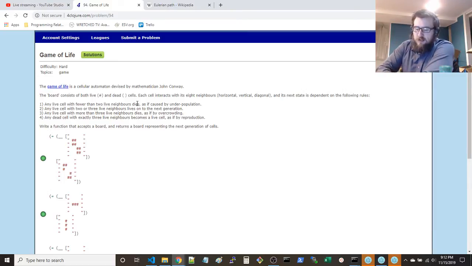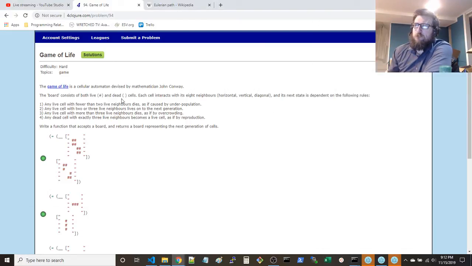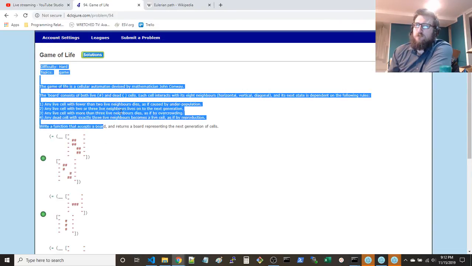Not anything particularly worth bragging about, but it was cool. It was interesting putting that all together. So anyway, yeah, Game of Life, pretty neat. Cellular automaton,